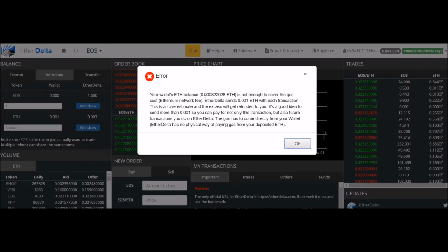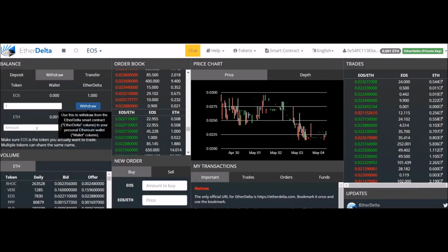Next problem. Your wallet's Ethereum balance is not enough to cover the gas cost. Okay, that's really a problem. So I have to transfer Ethereum first, which is here below. You can easily see that I have enough Ethereum on the Ether Delta, but I don't have enough here. So maybe I have to go back and forth all the time, and every time I do a small transaction, I lose